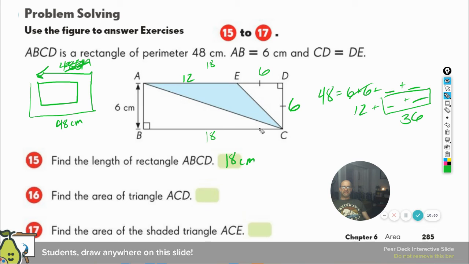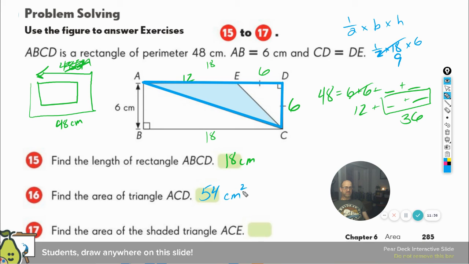Area of triangle ACD. Triangle ACD, I'm going to highlight in, oh, what color should we do? We'll do blue. ACD. So it's a right triangle, so we can do 1/2 times base times height. I can use 6 or 18 for my base. I'm going to use 18 for my base because when I half that 18, it becomes a 9. And I just do 9 times 6 is 54